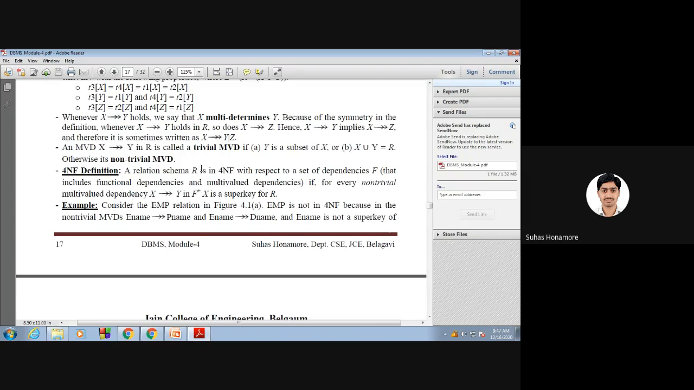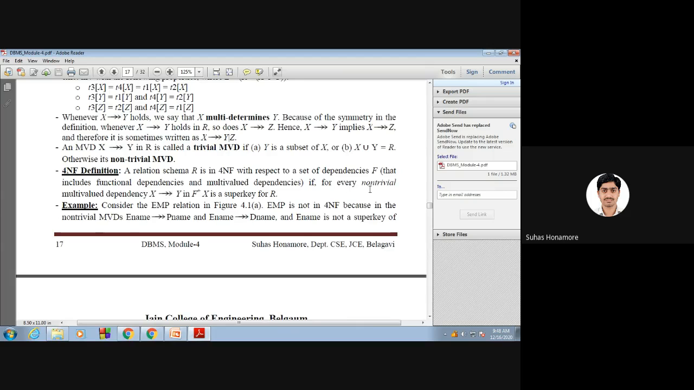Okay, R is in 4NF with respect to the set of dependencies F. In this F, it is not only functional dependencies; we have multivalue dependencies also, so both together make up my F. So if a set of dependencies F is there, and there may be a number of functional dependencies or multivalue dependencies, then every non-trivial multivalue dependency X to Y